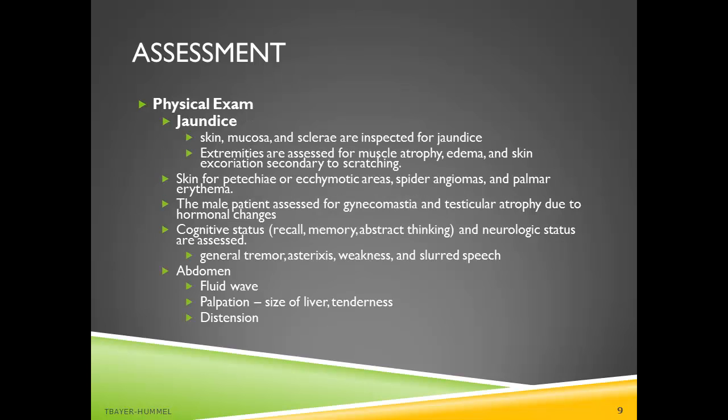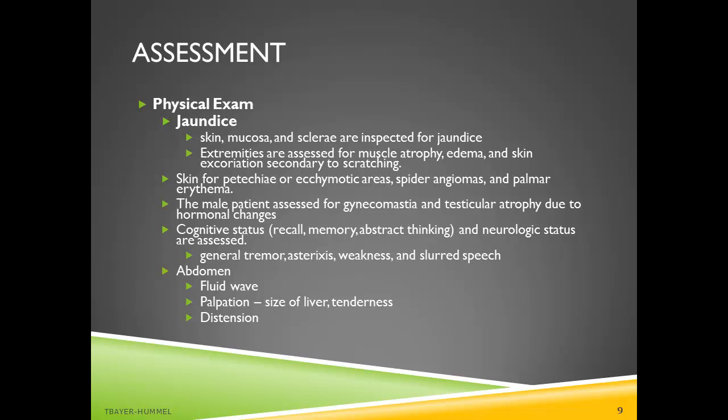Continuing with our physical assessment of the patient in liver failure, we're looking at the skin, mucosa, and sclera for jaundice. Jaundice is a condition that causes the skin, eyes, and mucous membranes to become yellow. It's a disorder that results from high levels of bilirubin in the blood. The condition itself is not fatal, but is definitely a sign of extensive liver damage, which we know can be